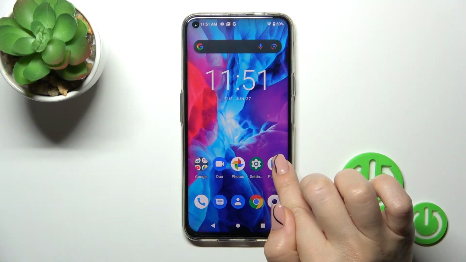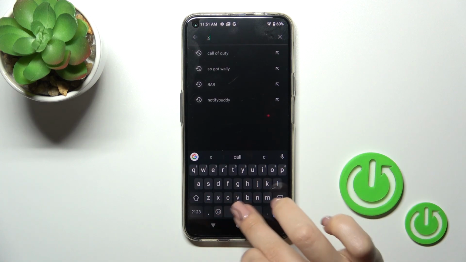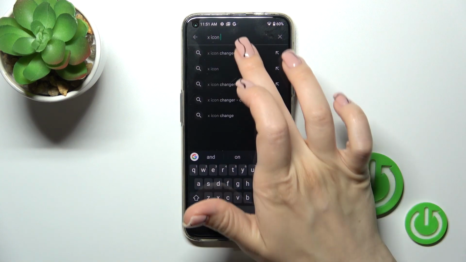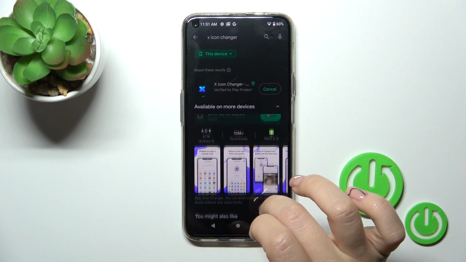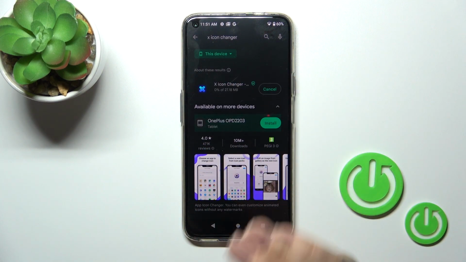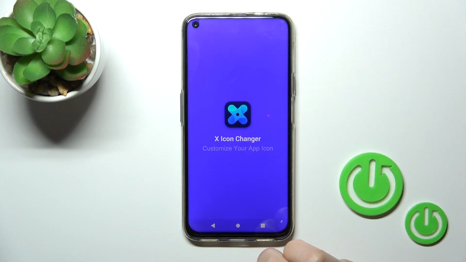So first we should get the X-Icon Changer app from the Play Store. That's why open the Play Store and in the search we'll enter the X-Icon Changer. Now we should get this application. That's why tap the install button and wait a couple of seconds. Then just tap to open the app